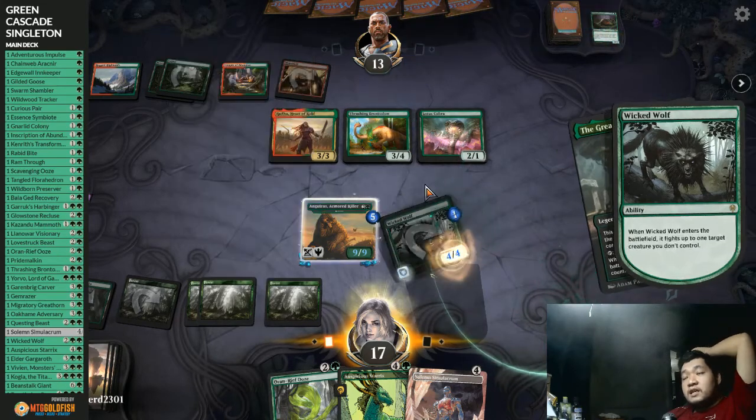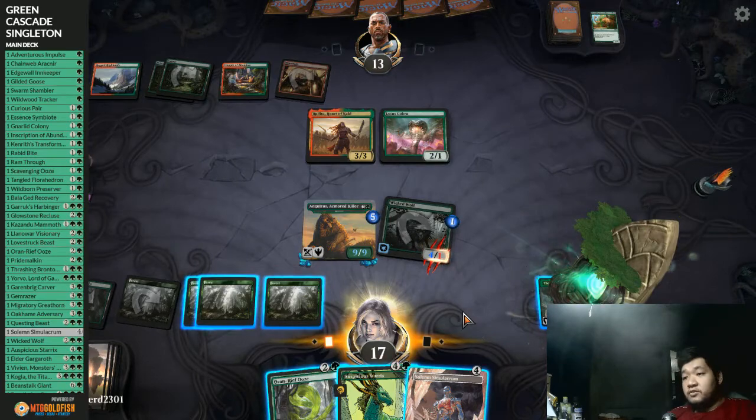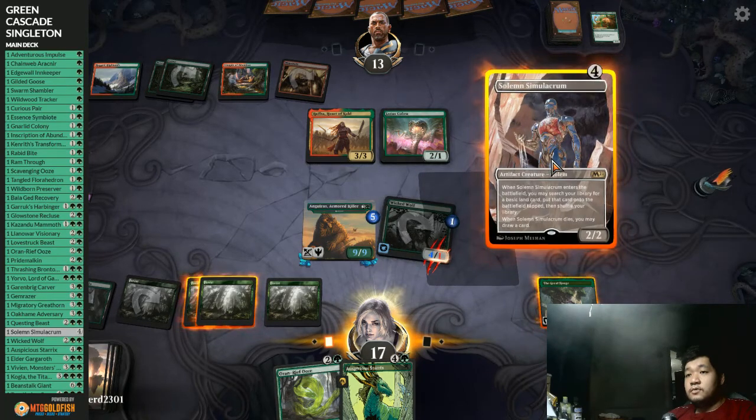And basically, I'm taking this out before Great Henge lands, so the Great Henge lands safely. I can cast it straight. I'm actually gonna need to draw cards though, so...